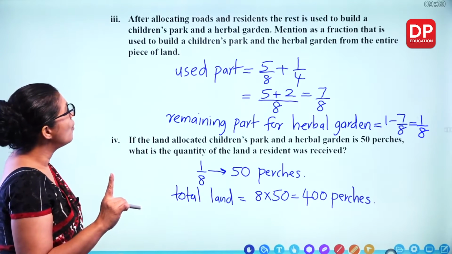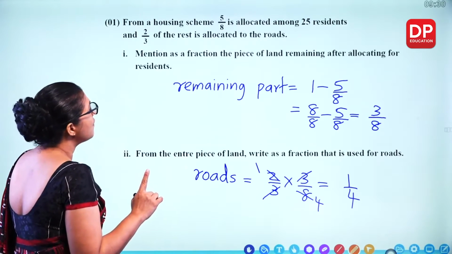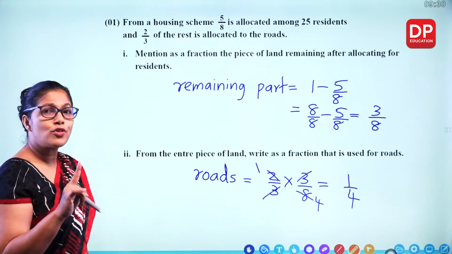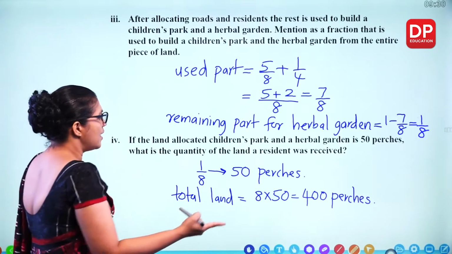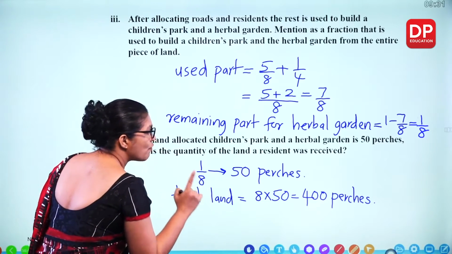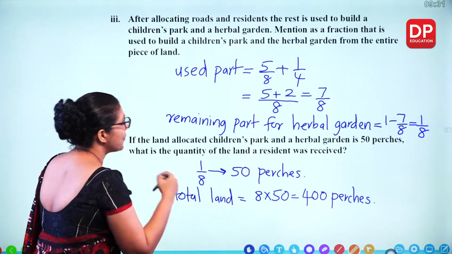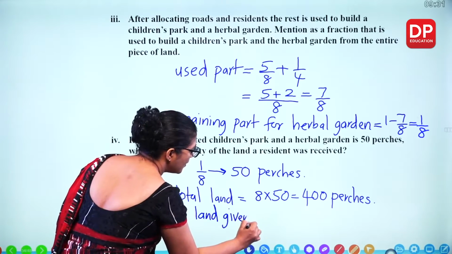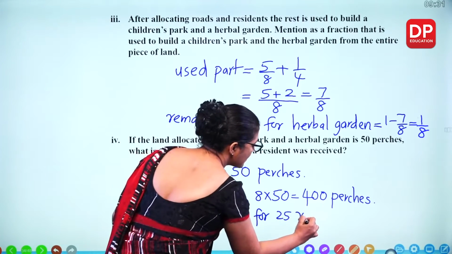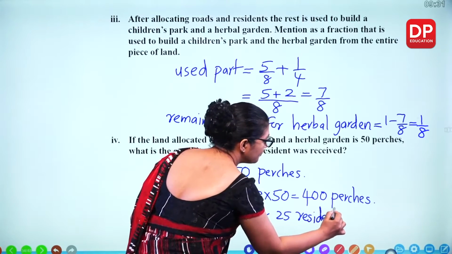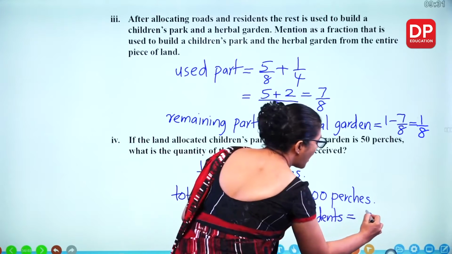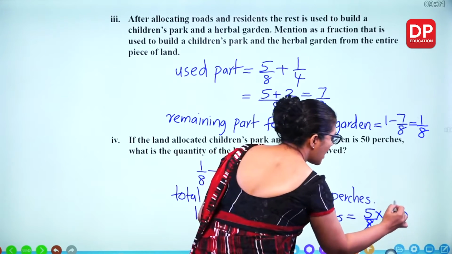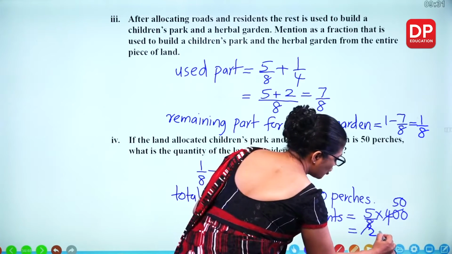But we know what's the part given for residents, 25 residents, only 5 out of 8. So 5 out of 8 given. So we can find out what's the 5 out of 8 parts from 400. Land given for 25 residents. Five eighths of 400 because the whole land is 400. 8 times 5, so 250 perches for